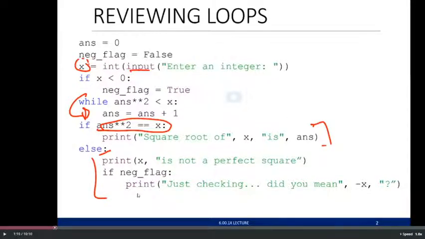Yeah, because it could be a square root, but the problem is we are not seeing it. For example, minus 16 could be the square root of 4, but of minus 4.